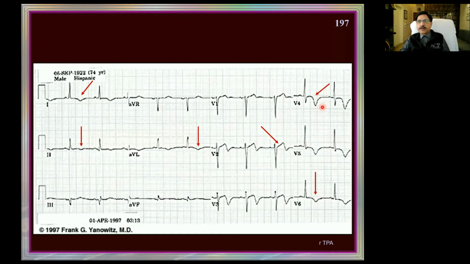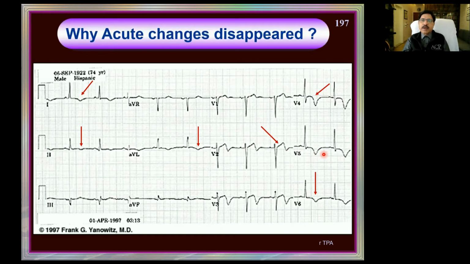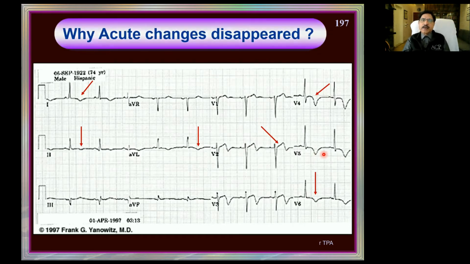Of course, the wall that is affected is lateral mainly and maybe a little bit of anterior. Anterior lateral, just like the previous one. We can see it in the lateral leads. And the T inversion suggests that it is already an evolved infarct or it is treated. If you open up the vessel by giving either a thrombolytic agent like RTPA or by doing an angioplasty, the ST segments return to normal, but T wave changes will persist. So this is a treated patient of anterior lateral with a little anterior.